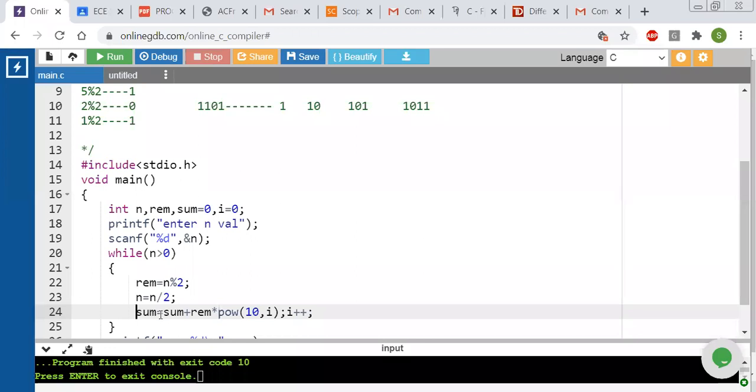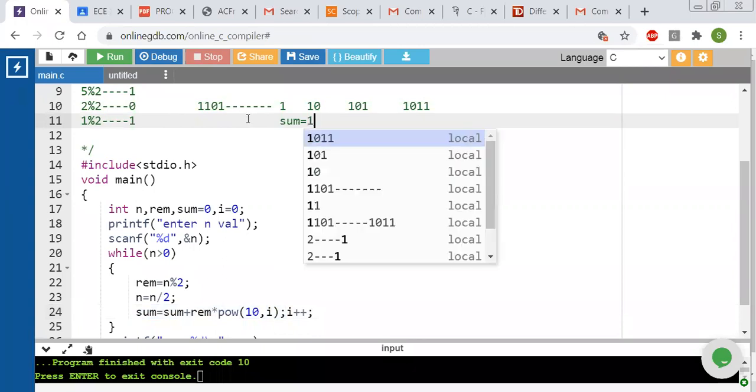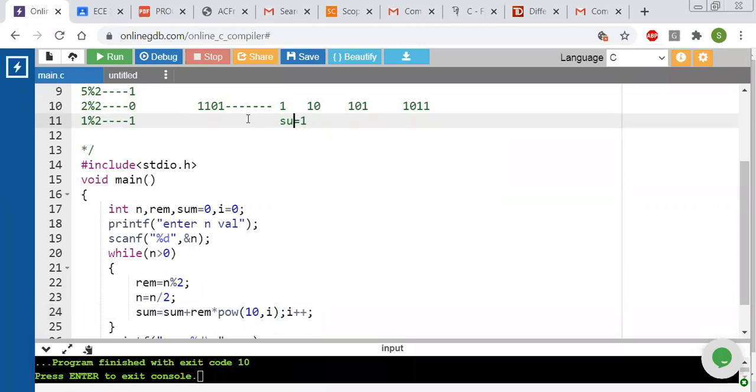This step is very important. Initially we get 1 as the remainder. We are adding this remainder to sum. So now what is our sum? Let me write it right here. Sum is equal to 1 here.